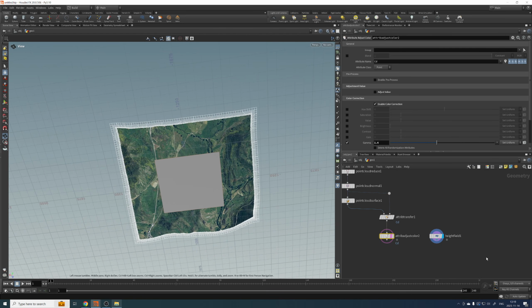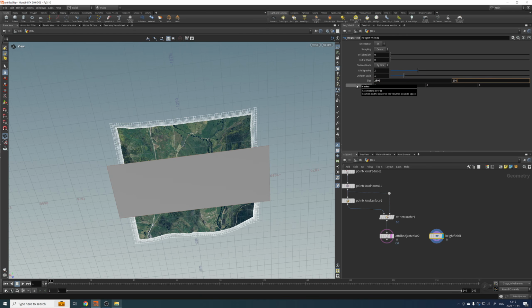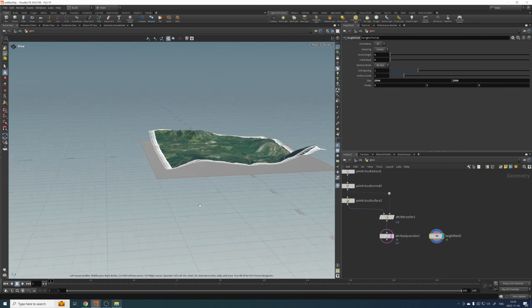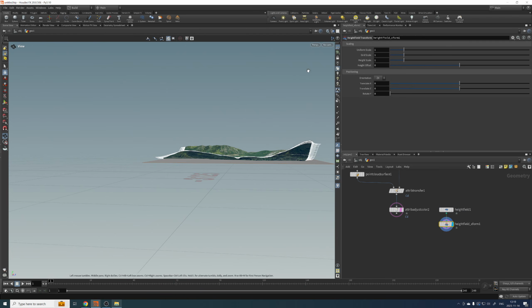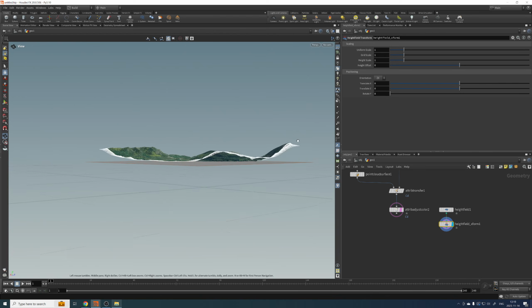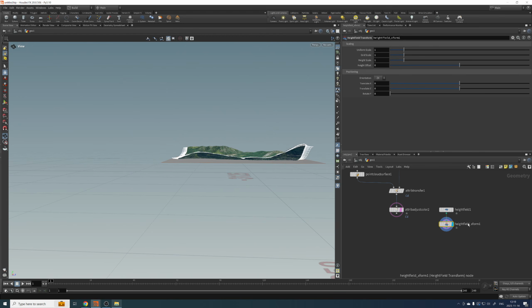So let's make it a little bit bigger, something like that. All right, so now we have this thing. I'm gonna add a height field transform as well. Make sure that we are below the surface, and I think we are already, actually, aren't we? Yeah, we are already below the surface, so we might not need that one,